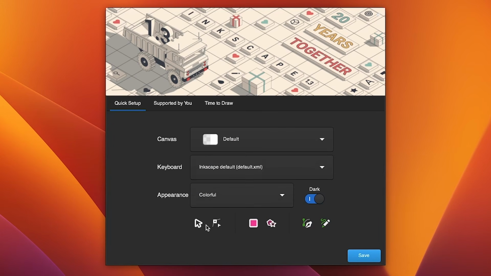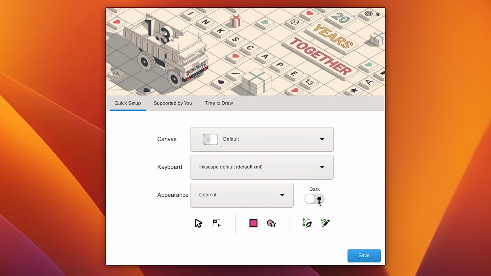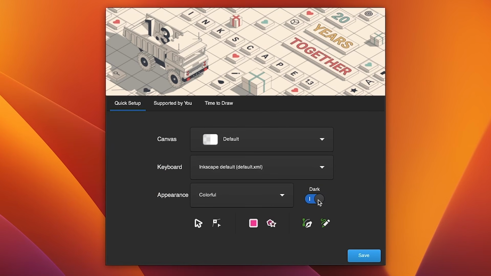These are the ones that I prefer to work with. And then over here, we could toggle the dark theme off and on. By default, I think it's the light theme. If you prefer to work with a dark theme, you can just toggle that on right there. And again, if you don't have this welcome menu, I'll show you how to do this from within the software